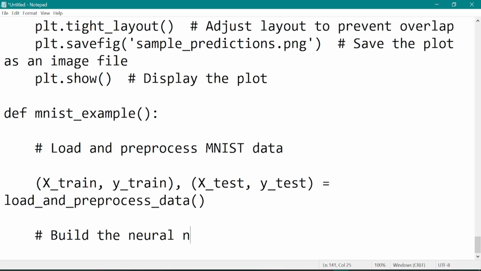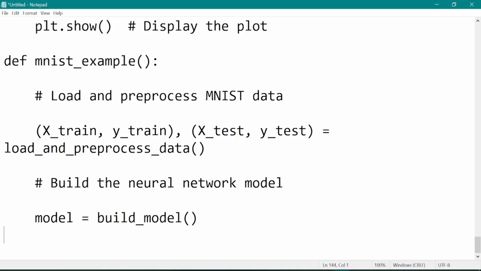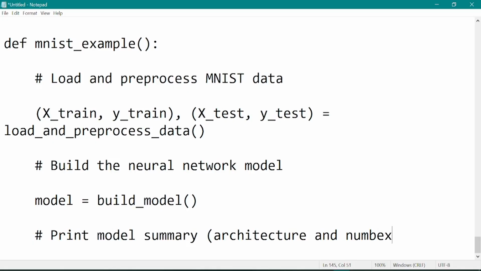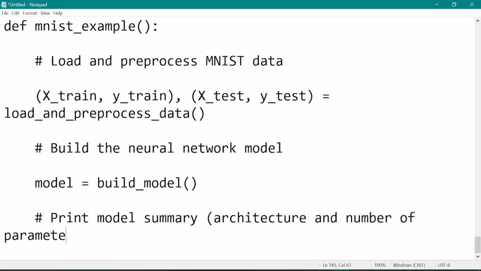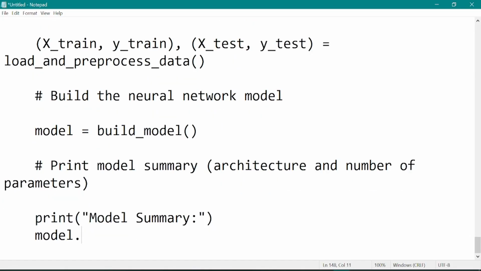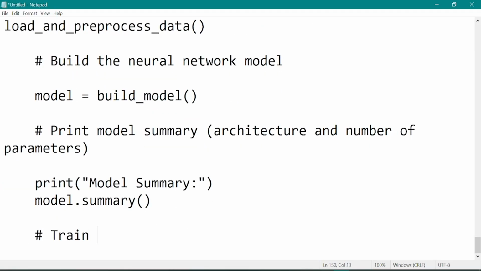So next step is to build the neural network model. So model will be equal to the build_model function, and now the following follows. We want to print the model summary, that's the architecture and the number of parameters that will be produced. Let us have a print function, model.summary, and we want to train the